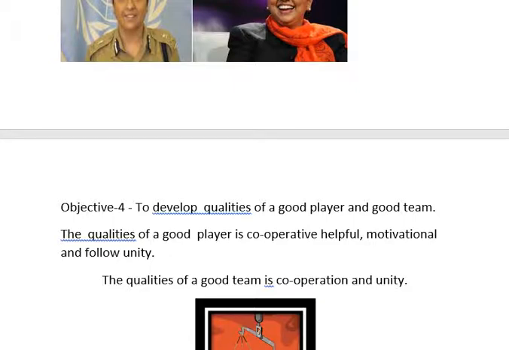If a player has just two to three qualities, like one should be cooperative, one should be helpful, one should be motivational to others, and also follow unity or cooperativeness in action, then one can become a very good player. And if each and every player is good, then automatically a good team will come out. And so not only